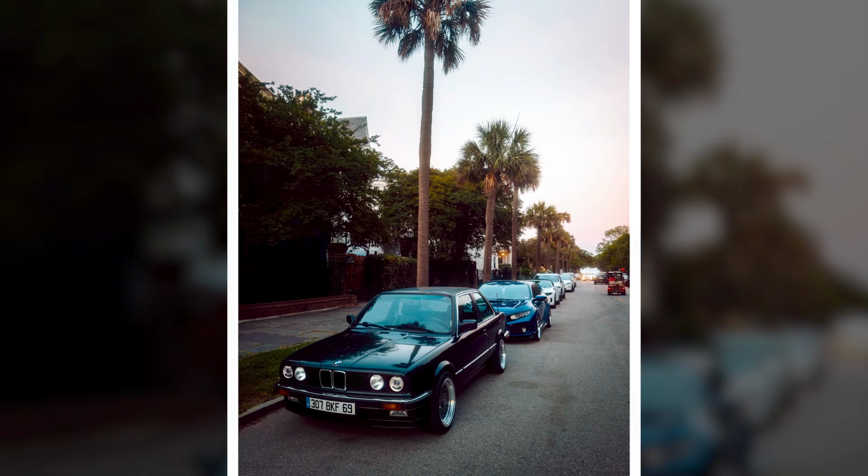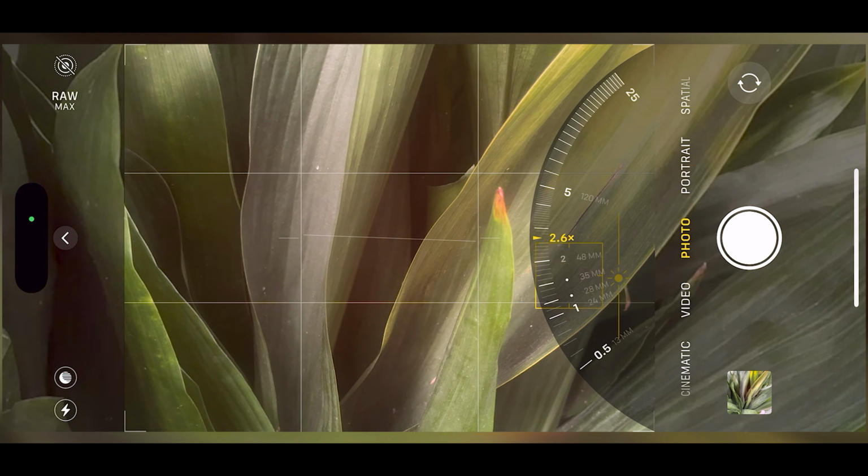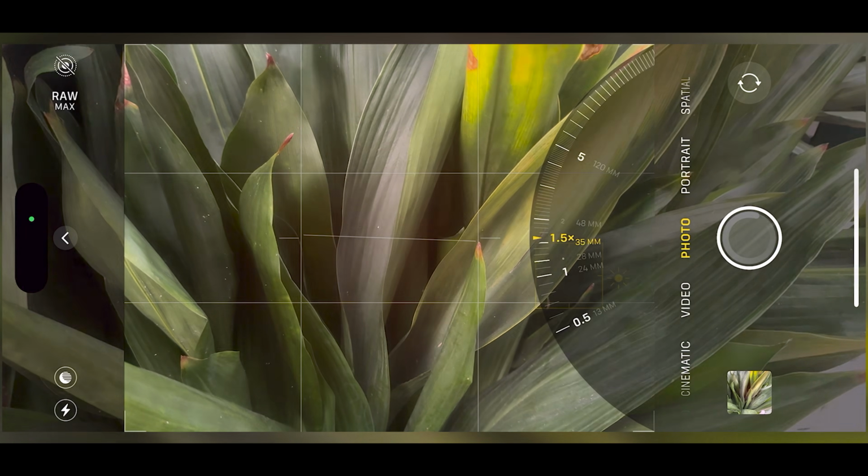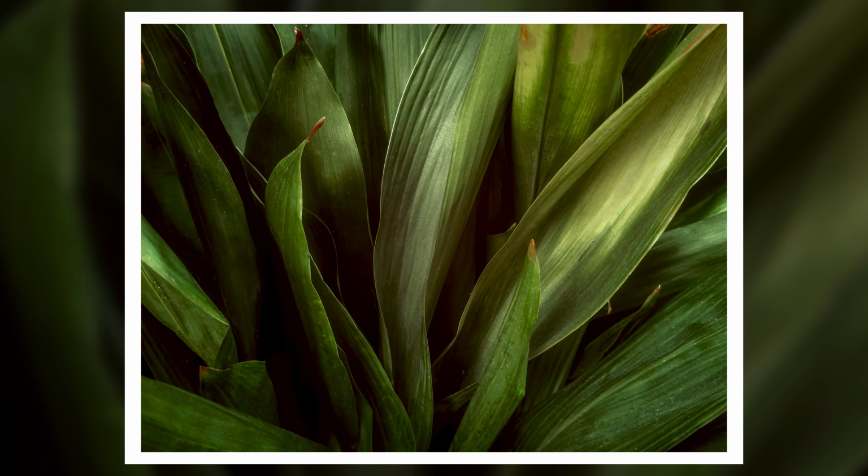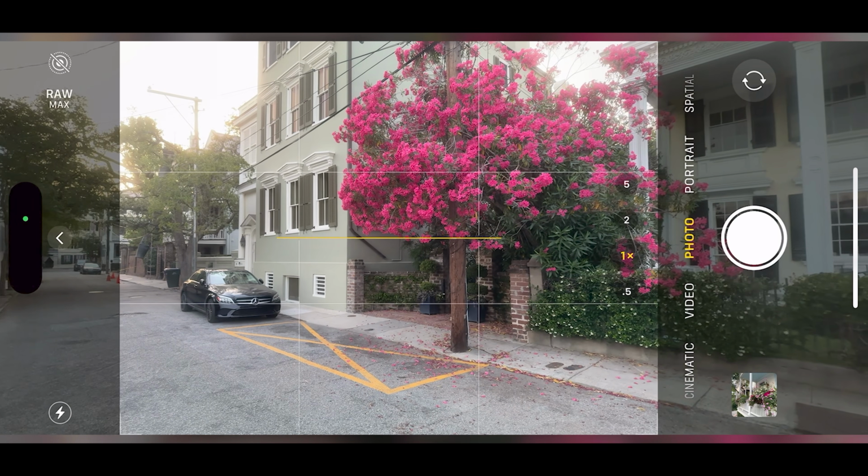So if you told me a few years ago I'd be able to make images like this with my iPhone, I would not have believed you. But as iPhones have gotten better, I've been able to take my 10 years of photography experience, apply it to these phones, and make these types of images. So today I'm going to break down exactly what I do with my iPhone to achieve a high level result,